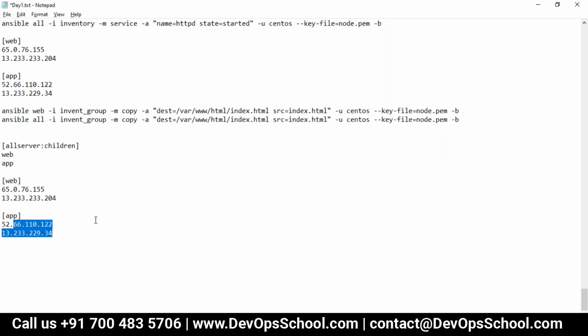Now did you understand this, all of you? Unless we mention the children, it won't represent the group name, right? Yeah, unless you mention the children, it would not represent the group of group. If you remove this, it'll become a group and this will become a server. Whereas if you put the children, this will become a group of group, and group 1, group 2, which is here and here.